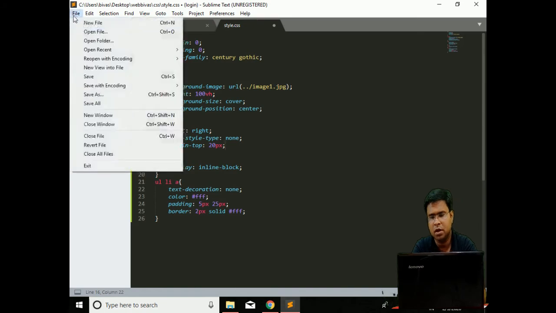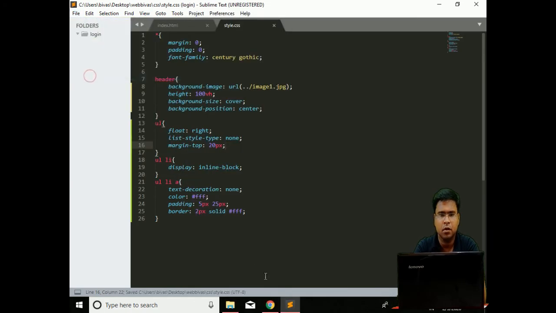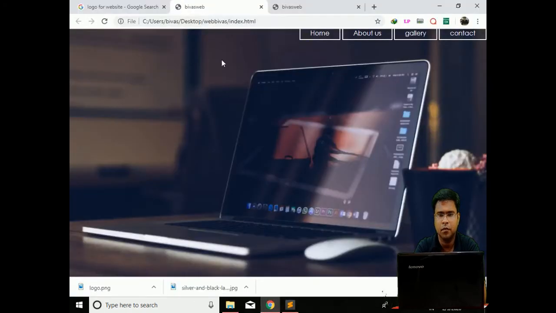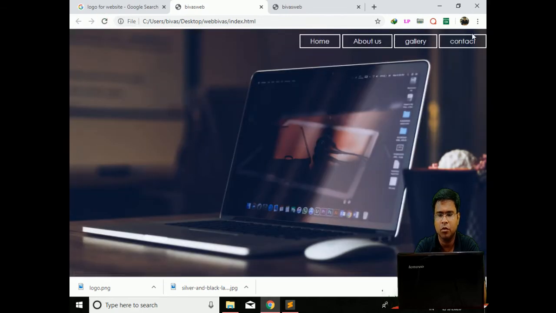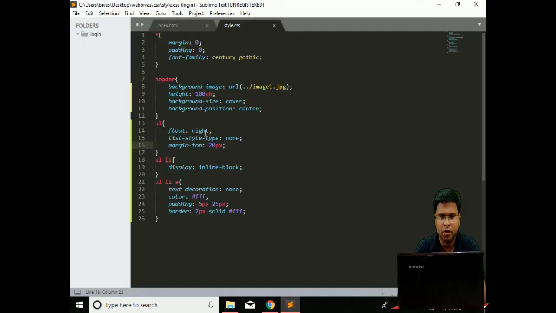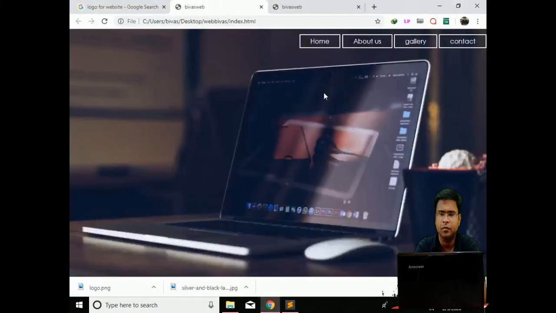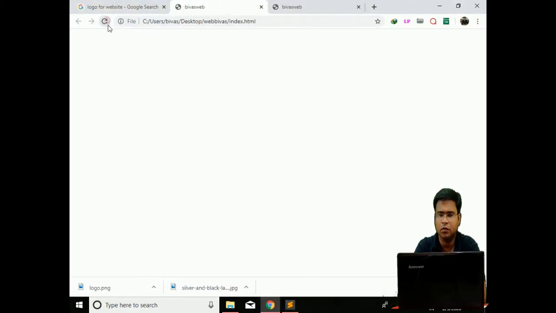Now see the effect very carefully. Reload. Now there is a gap of 20 pixel from the top side. You can increase this also. It is according to your idea, how much gap you require. This is 30 pixel, it looks okay.